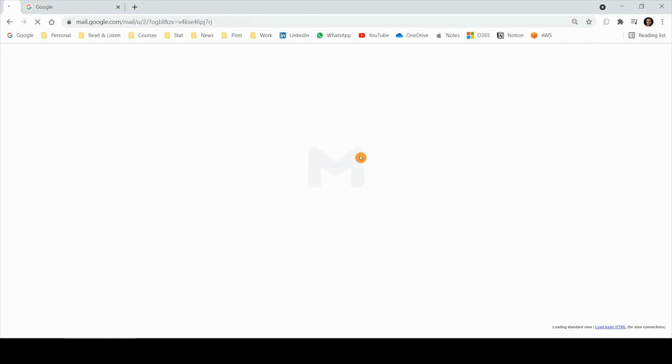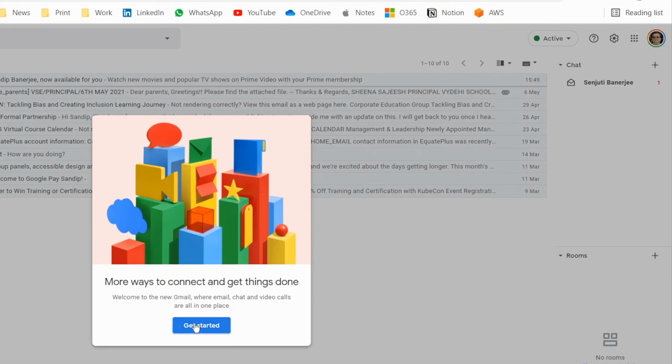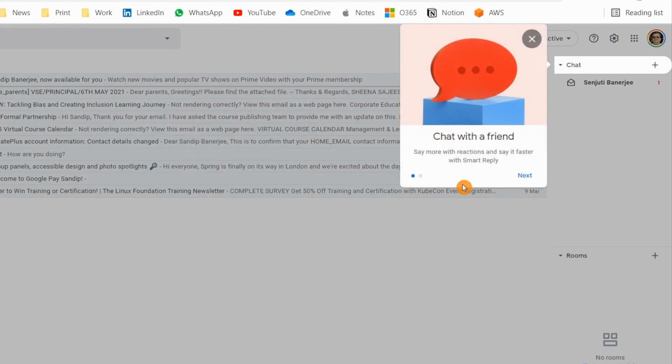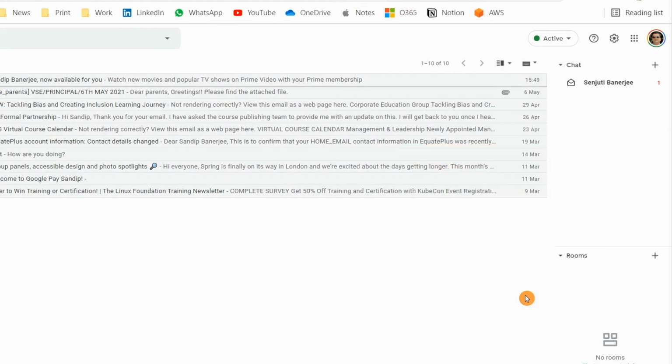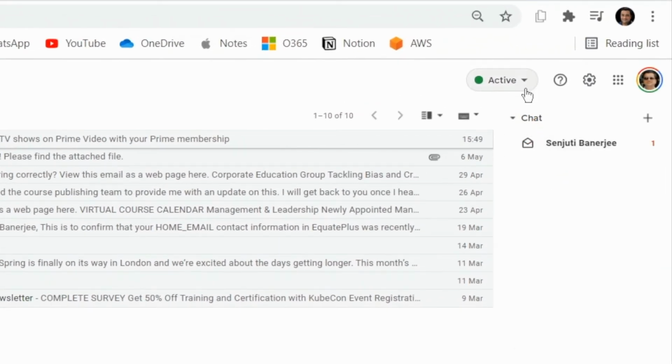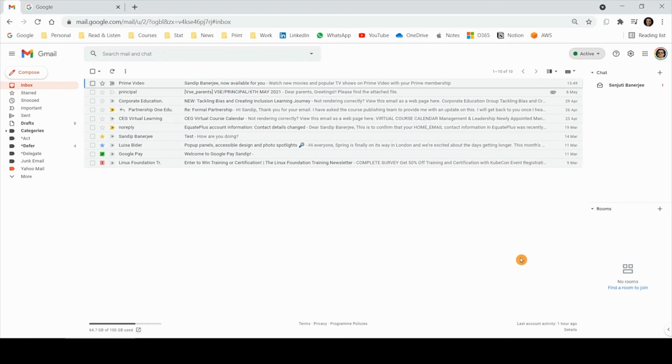In the next view, you can see that a pop-up will come on the right side of the page. This is one of the welcome messages. So let me click on get started. Now this is the option. It's showing that you can chat with friends using this particular pane. You can glance through the different options by clicking next, and it will show you how you can go to different chat rooms and chat with your friends and families. And if you click on done, then on the right side of the page, this particular option will be available. You will also be able to set your status as active or busy or do not disturb or whatever it is from this particular drop down. So this is one view within Gmail only.